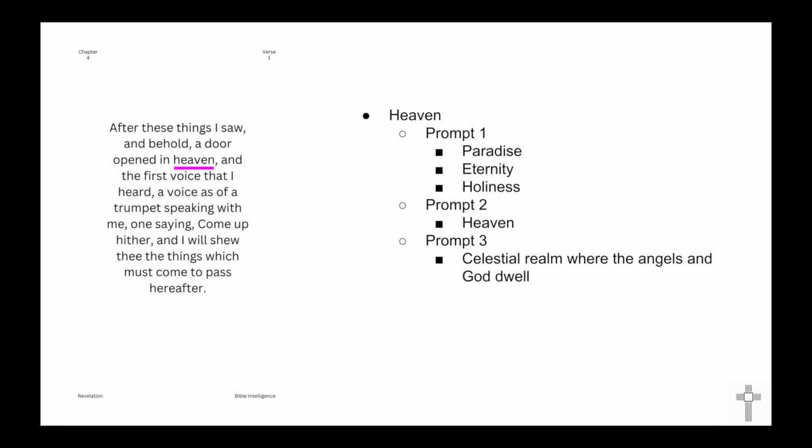Now, we're doing this because when we start reading through Revelation chapter 4, we are going to be using the AI to generate images on the things that are written in this book. And for those of you who know, Revelation is filled with imagery, so this should be a lot of fun. We're also going to be using ChatGPT to help us understand the meaning of specific concepts. So that said, let's jump straight into it.